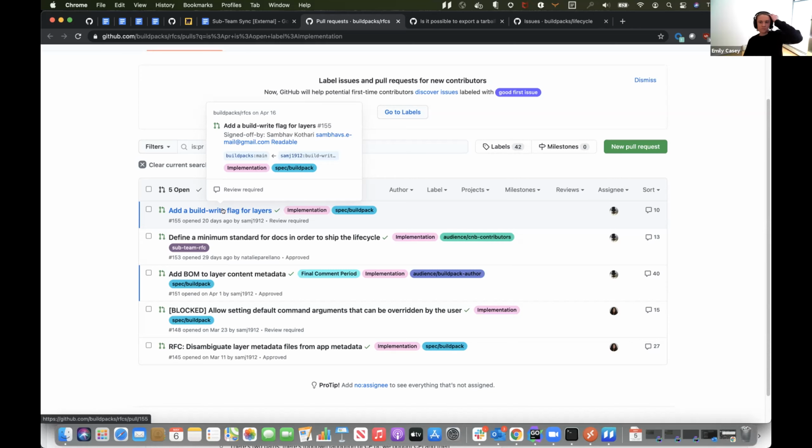Yeah, not every set of buildpacks takes the responsibility of making a 100% accurate BOM seriously, and that's fine because it's an optional part of the spec, right? But I do think we should set up the API such that a buildpack that wanted to take that seriously had the hooks that it needed to do it, right? Yeah, I don't think any of our buildpacks even produce a BOM right now. Or at least not a lot of them.